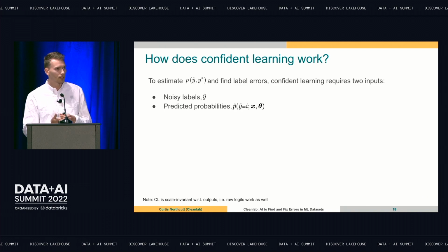So all you need for confident learning is 2 things. You need the noisy labels, just whatever labels you have, and you need predicted probabilities. And they should be out of sample. So predicted probabilities means you train some model on your data, and then it outputs predicted probabilities, some softmax if you're training a neural network. Or it can actually be just any logits, just any raw outputs, and you can normalize them, whatever you want. But you need some sort of structured numerical thing over the classes that each one of them compares. Just think probabilities if you're newer to the field. So any softmax outputs are fine, and you need noisy labels, and that's it. With those 2 things, you can find the errors.